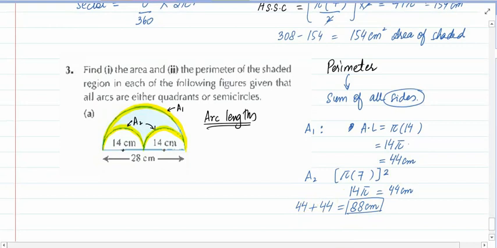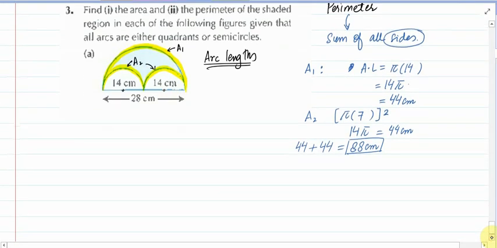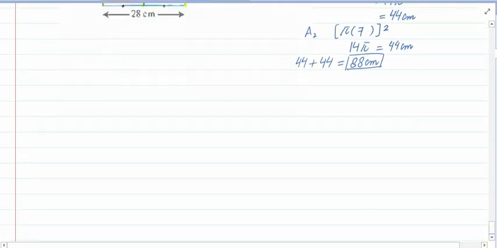Any idea? Did it become clear to you? I hope that it clears a little bit. If it is, very good. If it is not, no problem. We are going to solve other questions, then it will be more clarified to you.